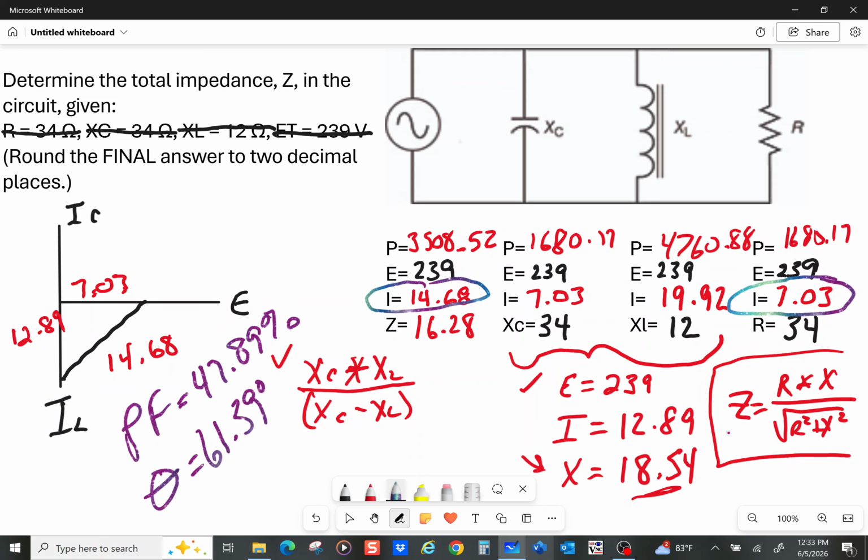And that should cover everything. We solved for everything. Again, they said solve for impedance. We could have just done that fairly early by either doing the product difference, product vector sum method and getting the 16.28, or once we solve for our total current, taking our source voltage divided by total current. So to answer the question,